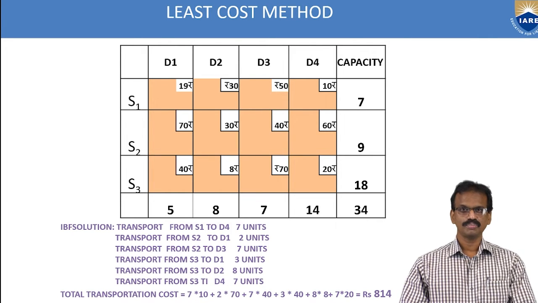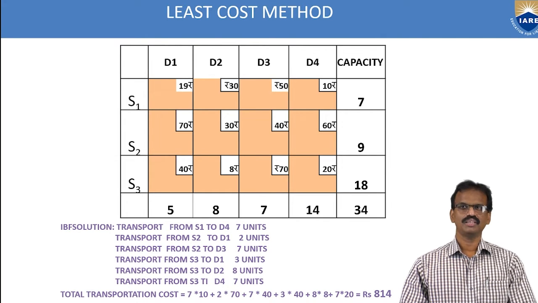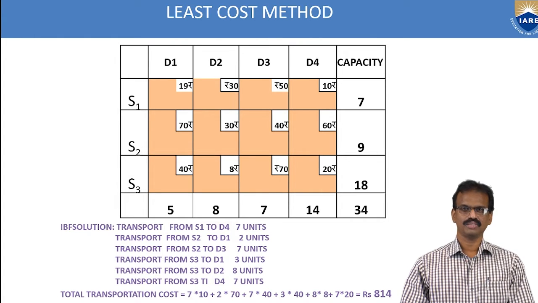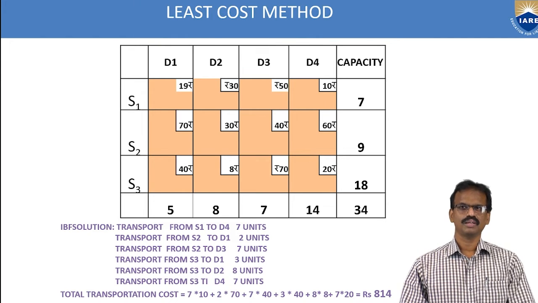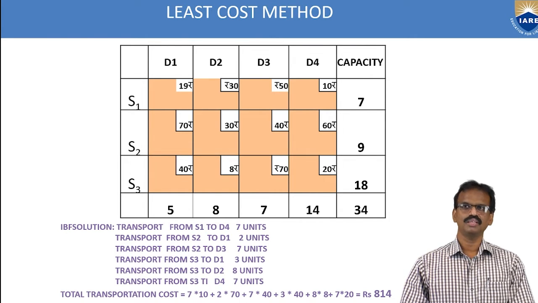For the transportation model, there are three methods. Method one is the northwest corner rule, already covered in the previous classes. The next method is the least cost method, and the third one is Vogel's approximation method. Now I want to explain the procedure steps, or how to solve the numerical transportation problem by the least cost method.